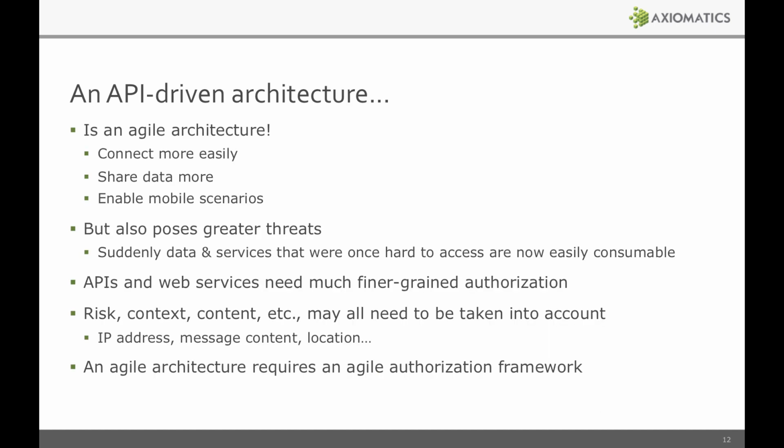So a quick word on an API-driven architecture. The way I see it when I talk to my customers, adding on to what you said, Andy, is that an API-driven architecture is really an agile architecture. It's really about decoupling all those apps and services and modules that were once glued together in very heavy legacy applications in the back end of an enterprise. It's really trying to break up all that functionality, a bit like Lego blocks.